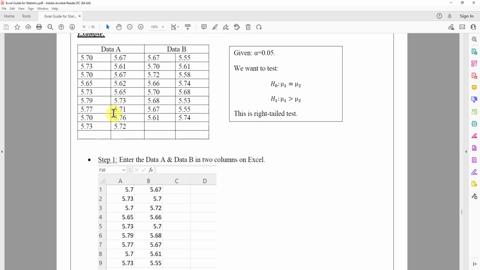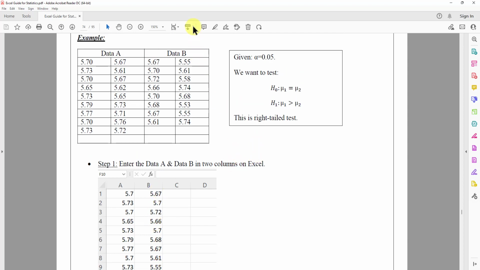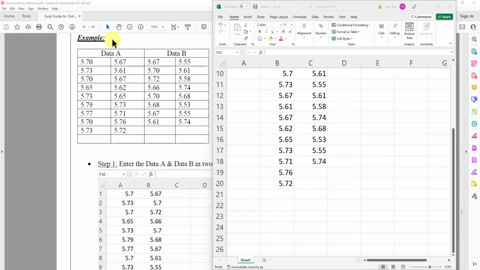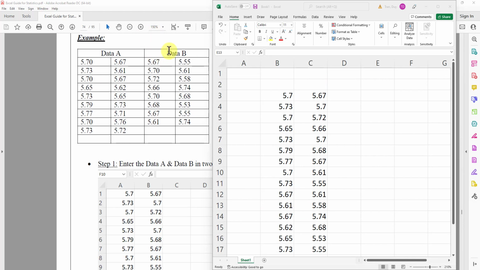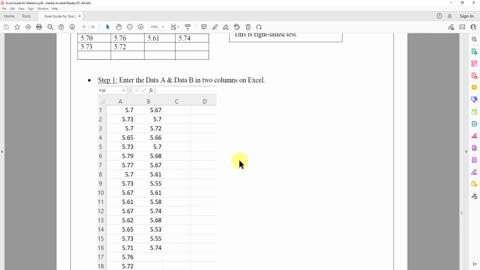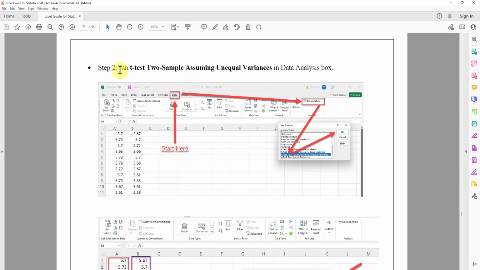So I take everything I input in column A and B. You can enter in any column. Okay, so now I just enter the data A from the table to one column, and then data B to another column. So we just enter them in two columns on Excel. Any columns. Step number 2, we run the t-test for the two samples, assuming unequal variances,